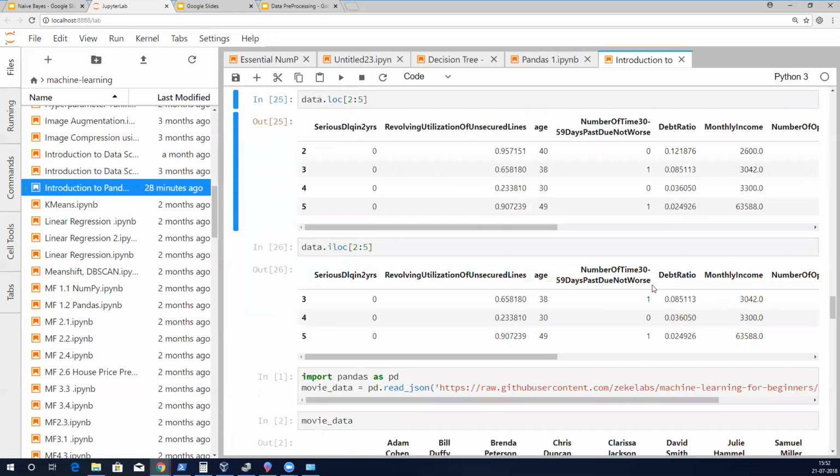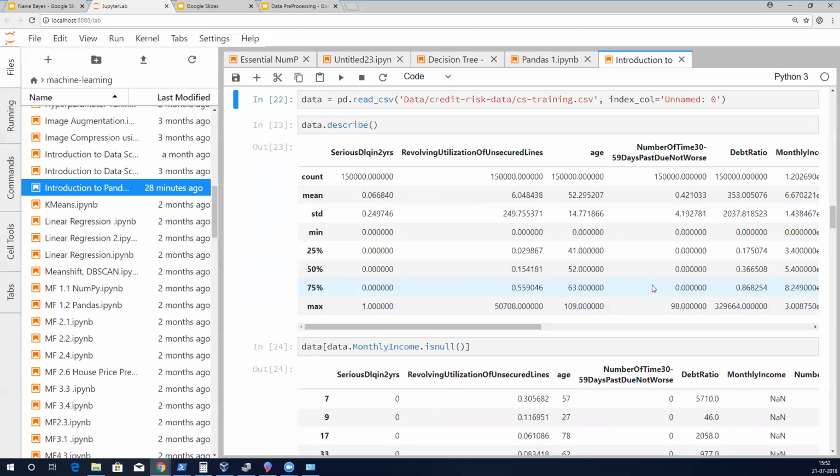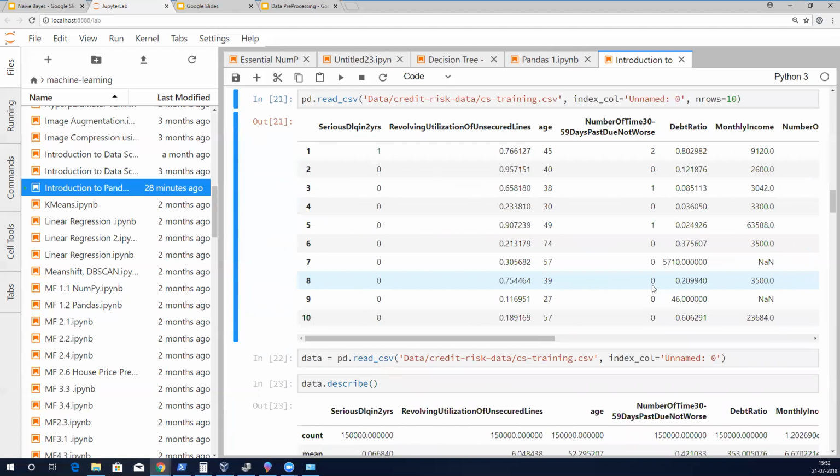What you can do is one option: use nrows, which will load only the first few rows. If you have a huge file, you don't want to load the whole file. You want to load only the first 10 rows to see what is in the file. You'll do nrows equal to 10. Through head also we can. But for head, you have to load the entire file. If the file is 20 GB, it will not be possible. So while reading itself, we are taking nrows.